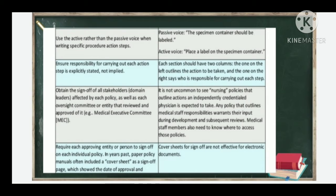The one on the left outlines the action to be taken, and the one on the right says who is responsible for carrying out each step. Obtain the sign-off of all stakeholders affected by each policy as well as each oversight committee or entity that reviews